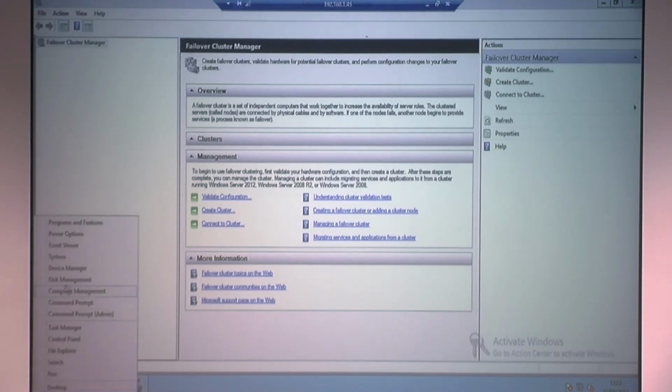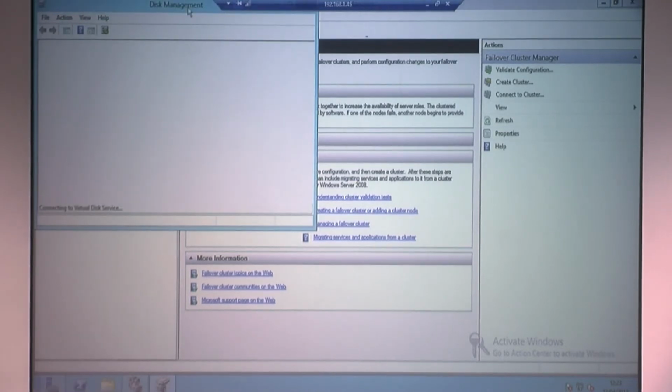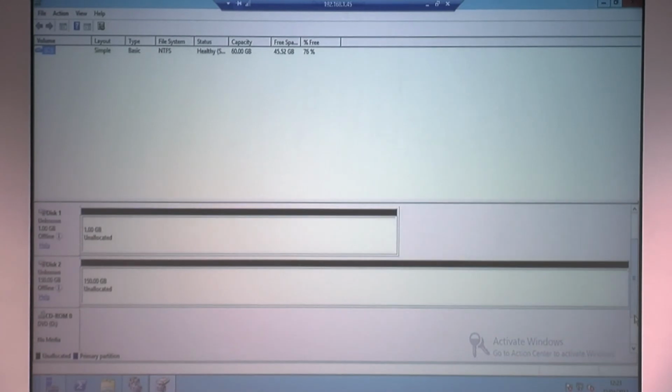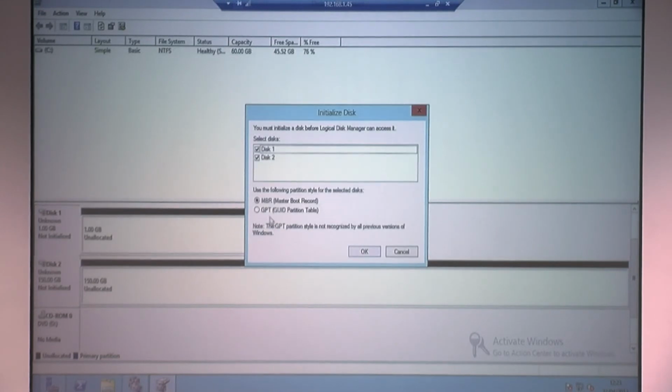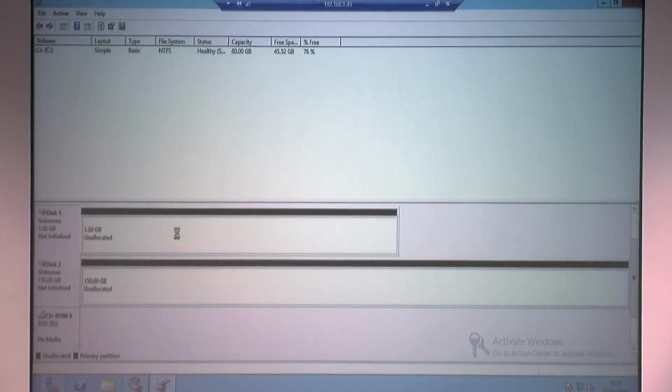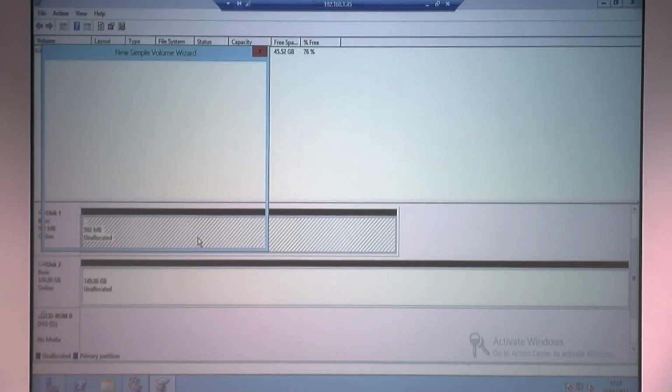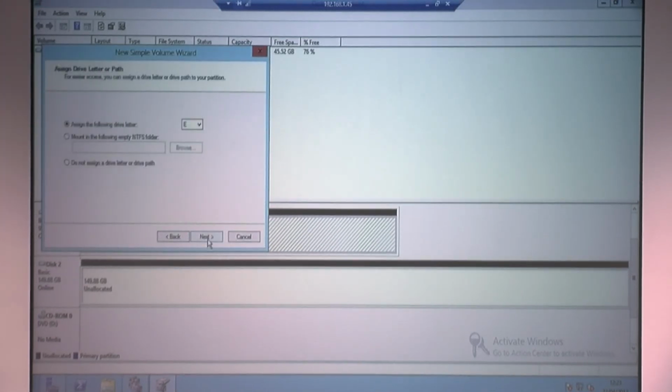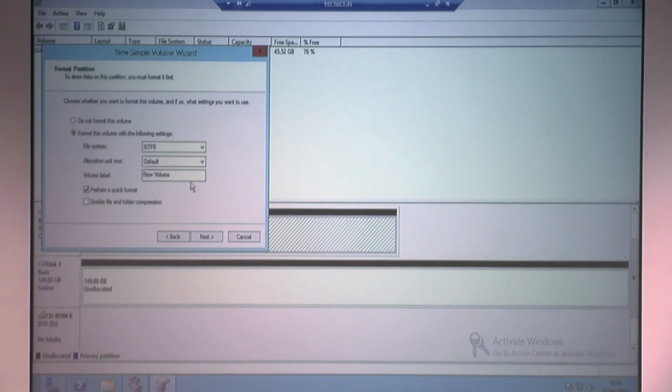So now, if I open up disk management, I should see 2 new volumes in here. You'll see a 1 gig volume and a 150 gig volume. So I'm going to do my online stuff: online, initialize disk. I'm going to pick GPT for scalability, because MBR is actually limited in scalability. Then new simple volume, next, next. I'm not going to give that a drive letter, because it's going to be a cluster volume. I don't want to give them drive letters. Next, I'm going to call that demo